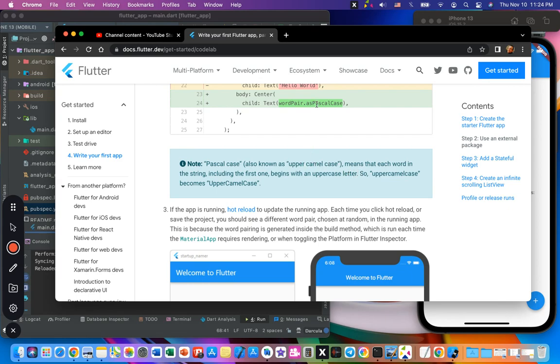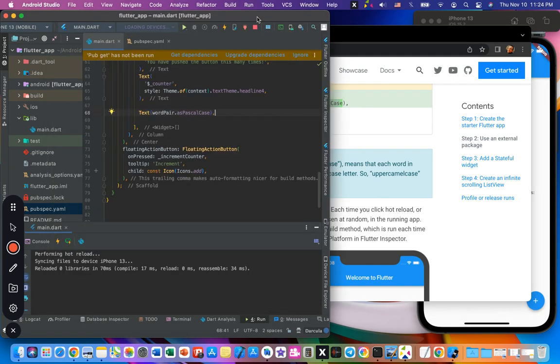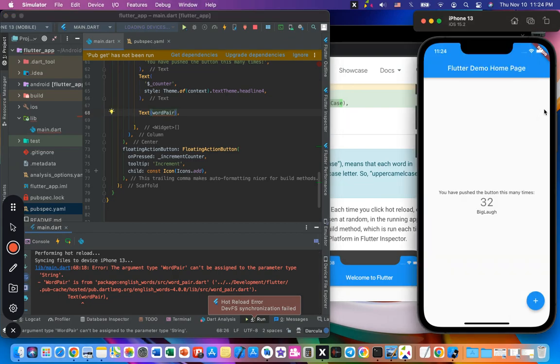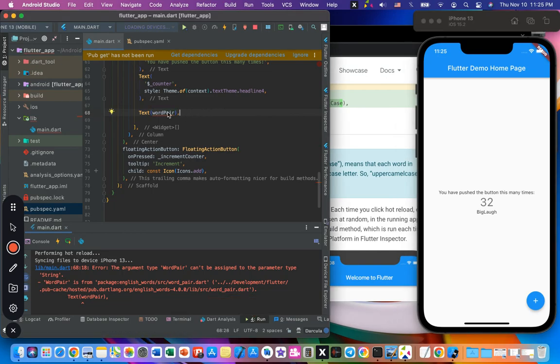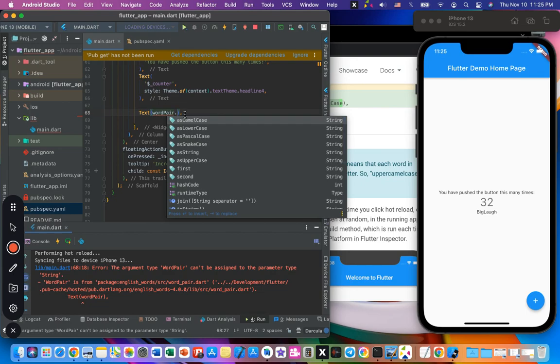Also, the Pascal case means everything starts with uppercase. What other options do we have here? So if we remove that Pascal case and hit hot reload, what's going to show up? Oh, it's not taking it. Oh, so it has to have something. Okay, dot as camel case,